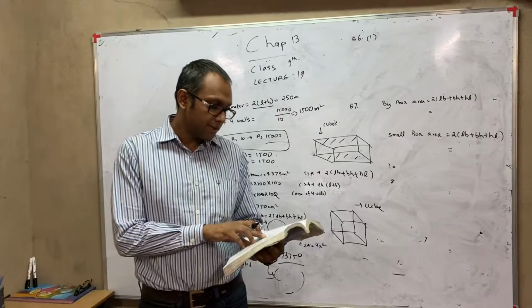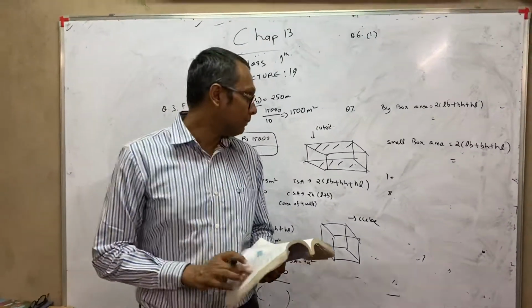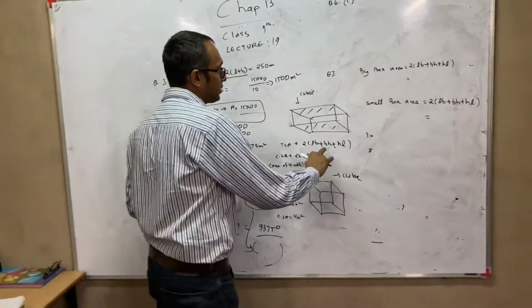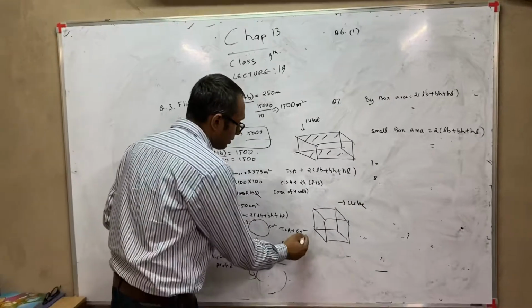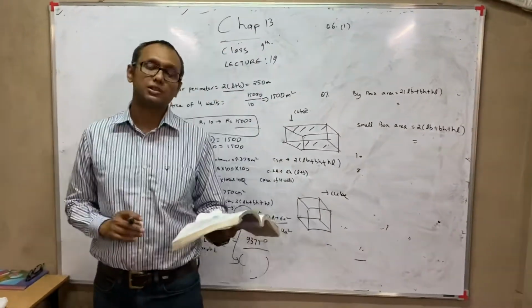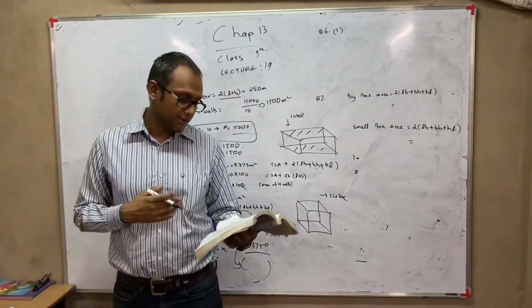In the second part, which box has the smaller total surface area and by how much? In this also, now you have the total surface area formula, total surface area of cuboid, total surface area of cube. Just put in the formulas, find the total surface area and subtract the lesser value from the bigger value.